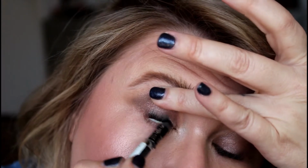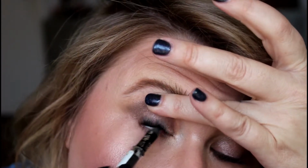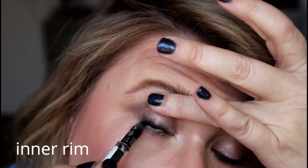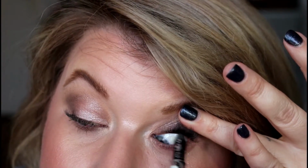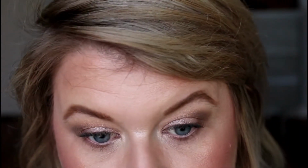Excuse my crazy looking eye right now. If you want a tight line, that would be putting it on the actual line, the skin, right? So where that skin is, I can go ahead and fill that in as well. You don't have to have this perfect line on the lid. You're going from underneath to fill in the gaps. That's the first way. The second way is to go ahead and do a thin, defined line on the top,